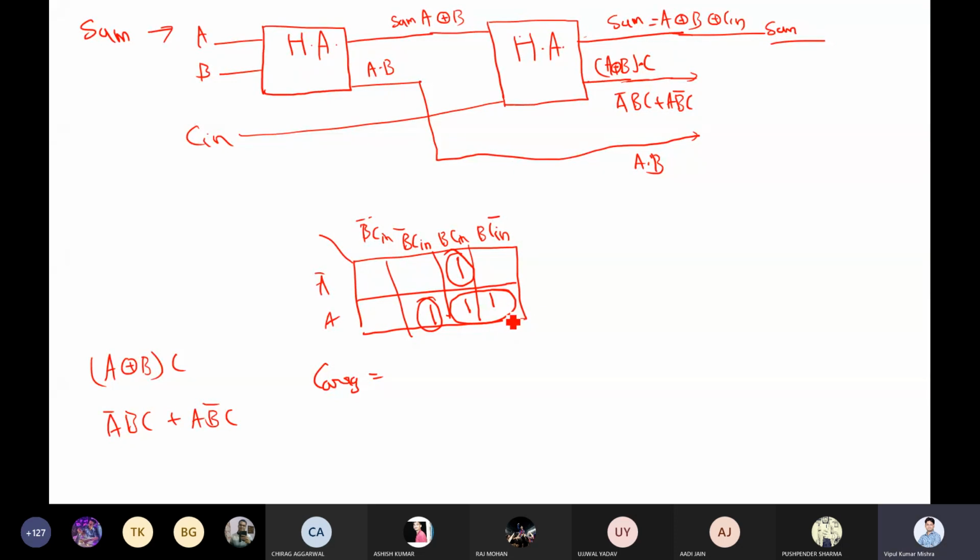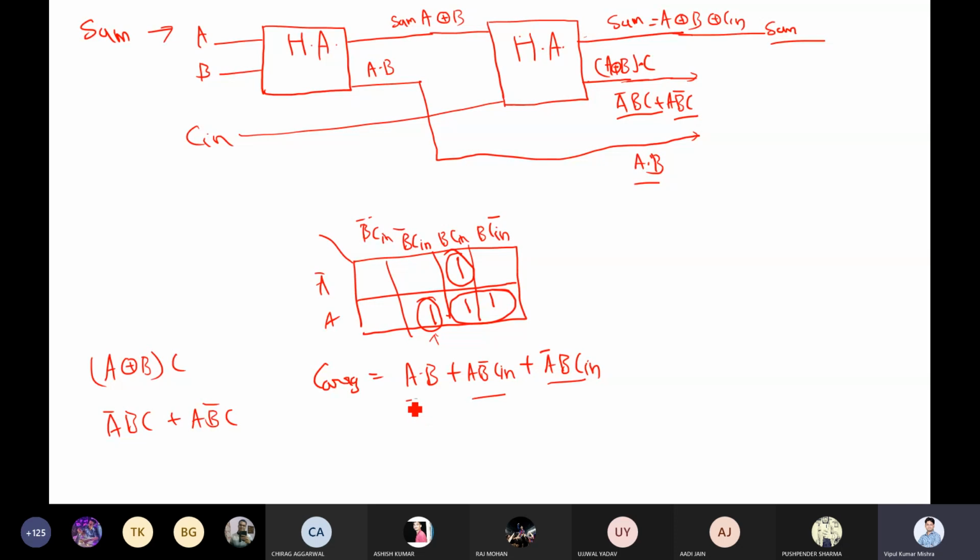What will I get for this pair? AB. What about this singleton? This one, A B bar C in, plus what about this? A bar B C in.